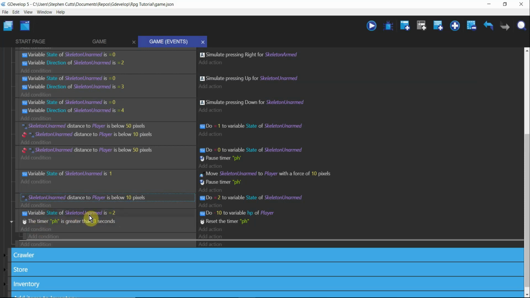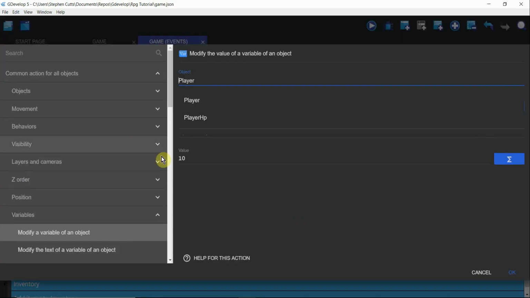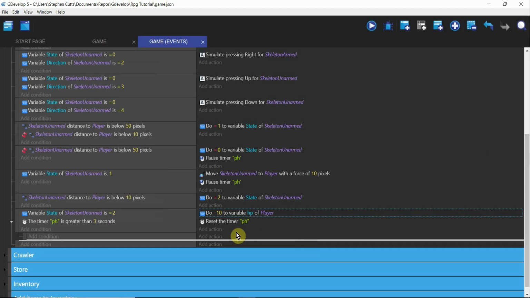Okay, if the state is equal to 2, then we want to check to see if the PH timer, or player hit timer, that's just shortened, is greater than 3. So if it's greater than 3 and this is set to 2, we come over here. The first action we want to do is every 3 seconds we want to subtract 10 HP from the player. So after it subtracts the 10, we want to reset this PH timer, which is the player hit, and then it asks again,